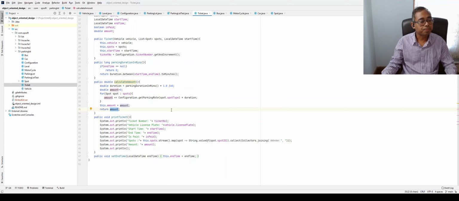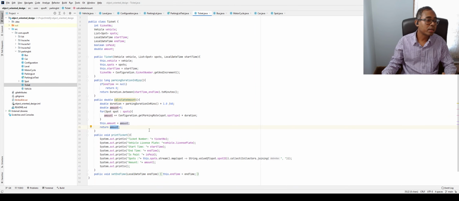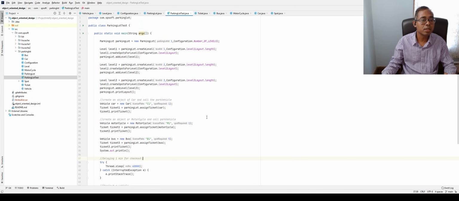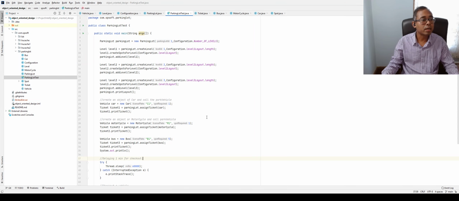And this print ticket prints details about the ticket. So this is our ticket class, and I think I have gone through all the classes except the one that we need to test. So now that we have the parking lot, we can see how we can test this